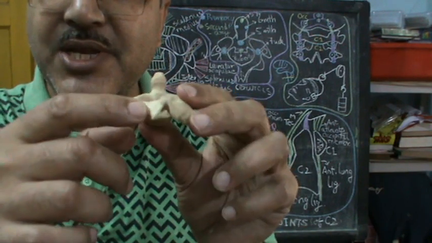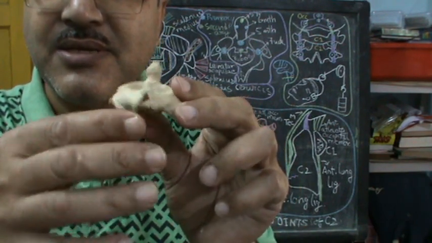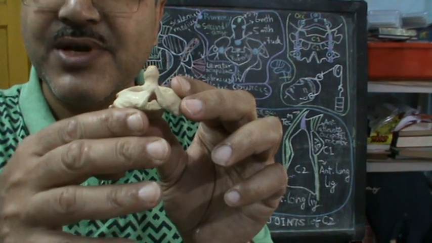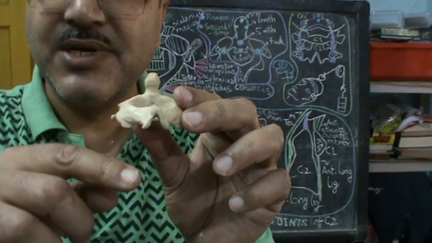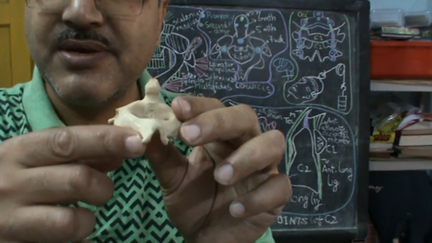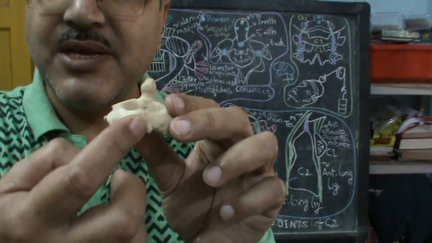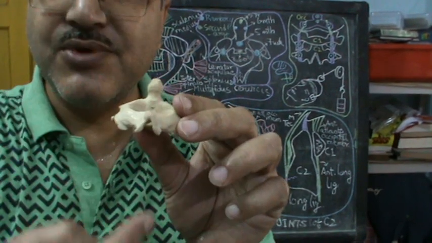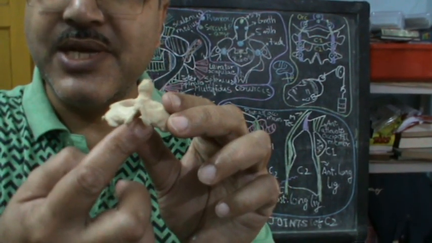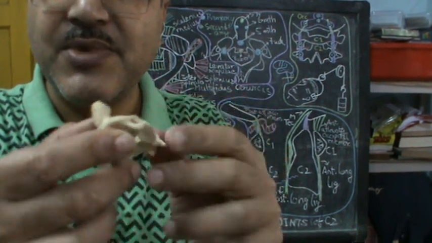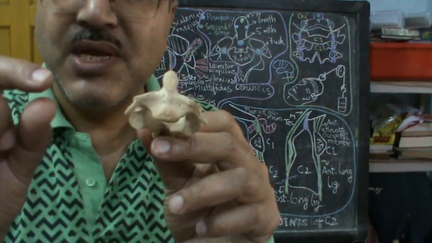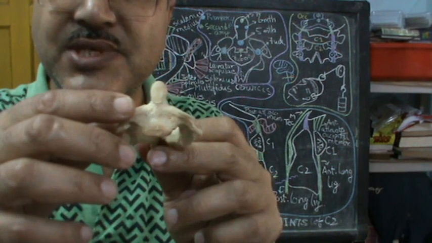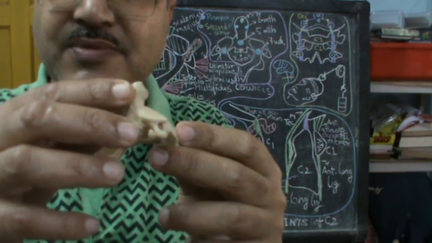Between adjacent laminae there is the ligamentum flavum, one on this side, one on this side, attached to the lamina of the third cervical vertebra below and attached above here. And to the spine you have the attachment of the ligamentum nuchae and a small interspinous ligament, and between the adjacent transverse processes you have a very small intertransverse ligament, almost insignificant in the cervical vertebra.